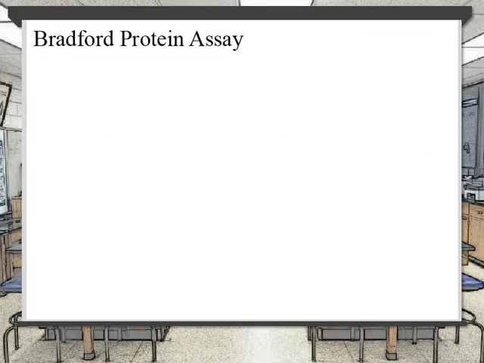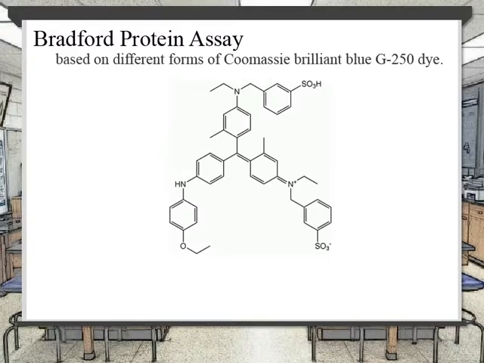A standard curve is a graphical representation of the absorbance of the Coomassie blue dye at 595 nanometers when it is in the presence of various concentrations of protein. This standard curve is useful